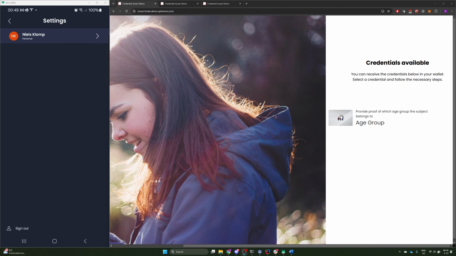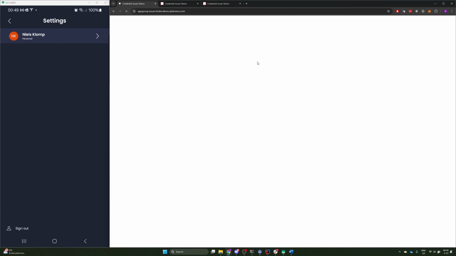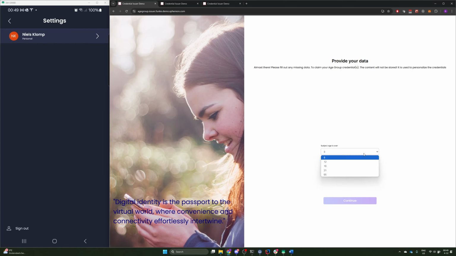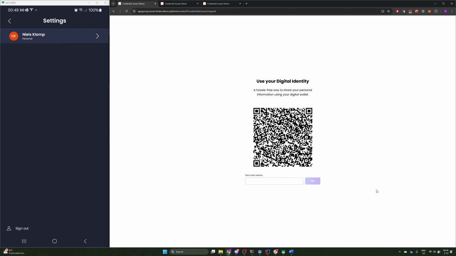So if you look at the computer screen, we see that we have the issuer, we have templates, so we can easily add new credentials as well. So let's create a really simple credential which only contains one claim, which is about the age over. So let's do an age over 21, and let's continue. So if I now scan that using the app,